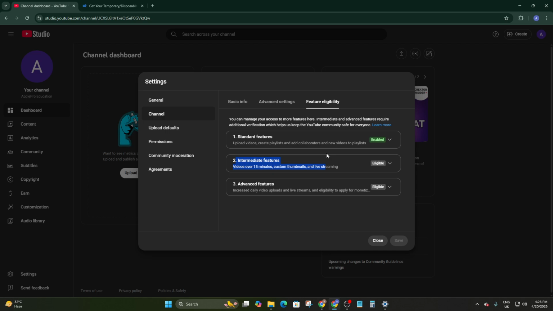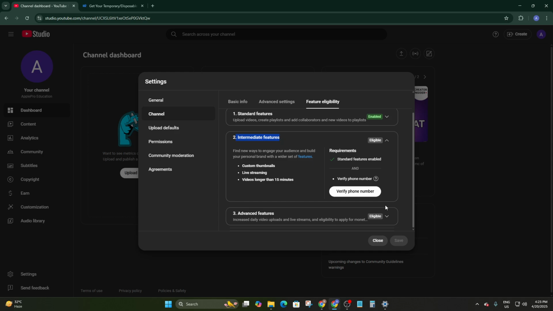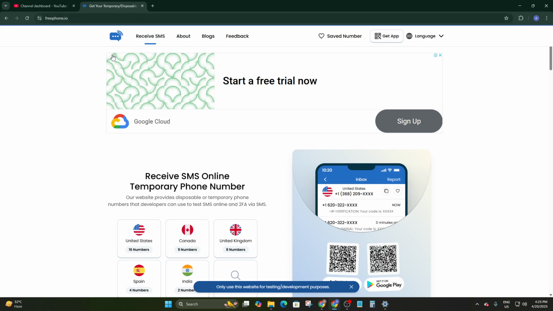So the intermediate feature, you can simply click on it, and from this intermediate feature you will find that if you want to get eligible for or enable these intermediate features on your channel, then you have to verify your phone number. But if you don't want to use your phone number, then there's a platform that you can use, freephone.io,